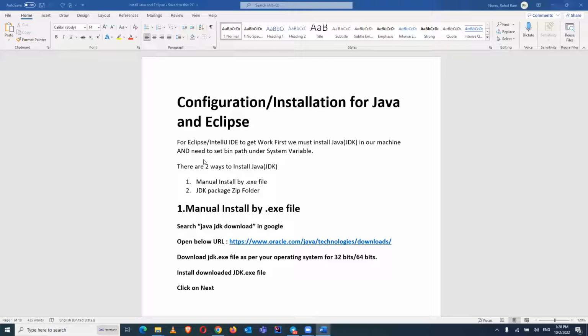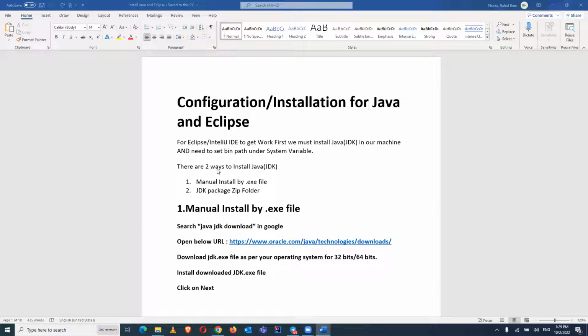So how to install Java in your system? I am going to explain it on Windows, and you can do the same thing for other operating systems like Mac or Linux as well. First of all, there are two ways that you can install Java or the JDK in your system, guys. No one will tell you that there are two ways. They will only tell you there is only one way to install Java, right? But I am telling you the real thing, that there are two ways that you can install Java